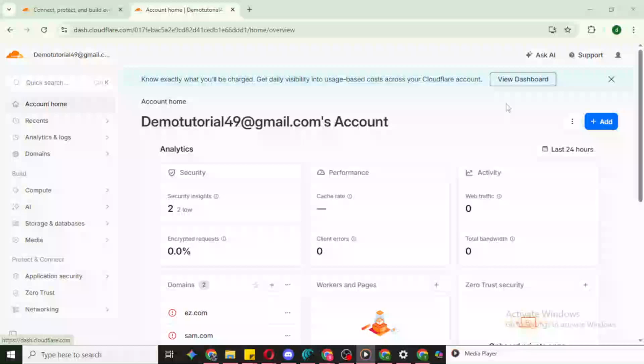In today's video, I'm going to teach you how to add DNS records in Cloudflare. We'll walk through the exact clicks you need to make so your domain points to the right place. If you're new to this, think of DNS as the internet's phone book. When someone types your domain, DNS tells browsers which server to visit.